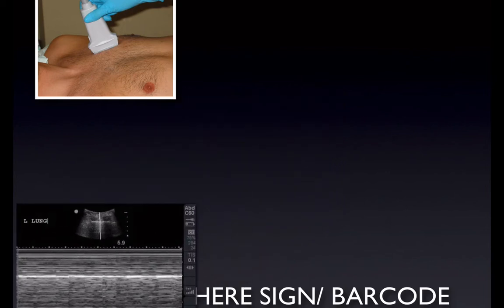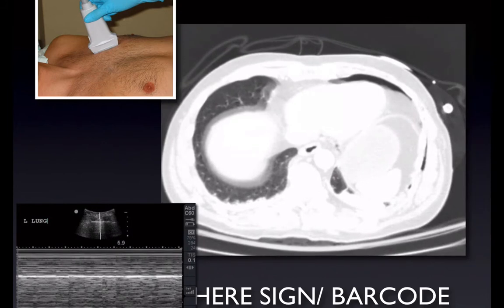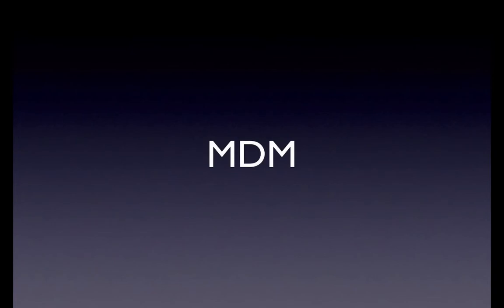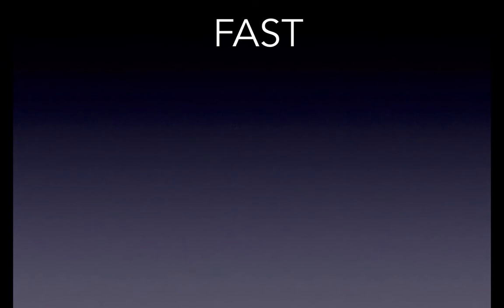they're still going to go for the pan scan, and that's okay because you knew already that the patient had a left-sided pneumothorax. You can see it there on the CT scan, but you were able to diagnose it before the CT. So as a review, the FAST exam, you do it on unstable